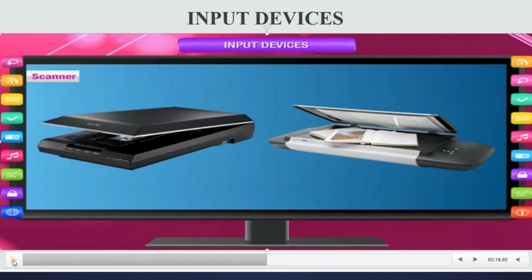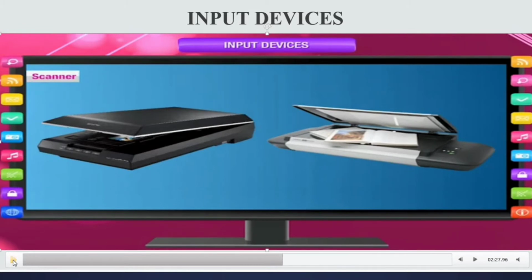I am explaining the different devices, but the most commonly used input devices are the keyboard and the mouse, right? Now see the scanner. The scanner takes an image or anything handwritten on a page, right?